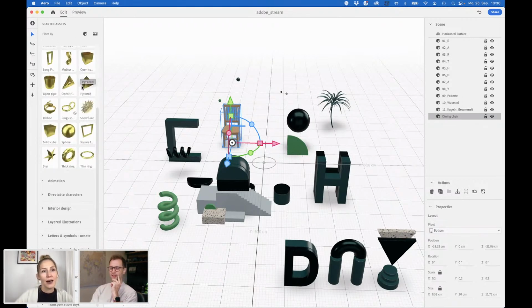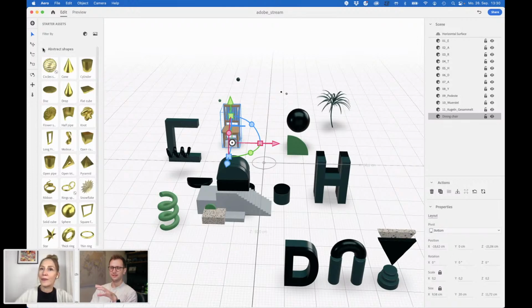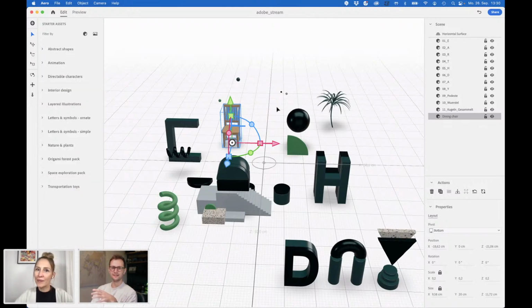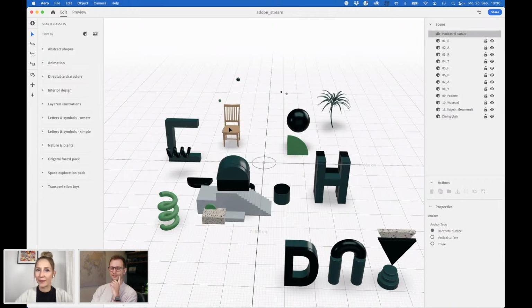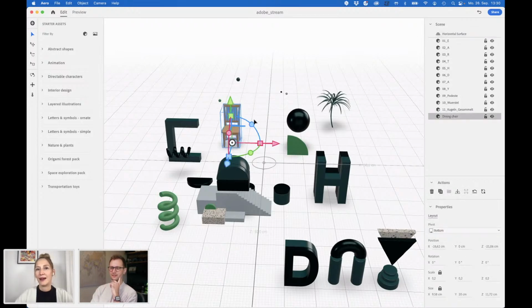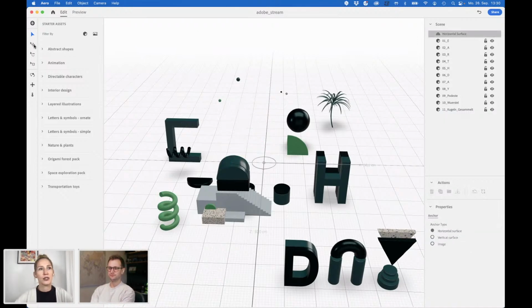I imagine as well there are communities of designers who create assets that you can get. It makes sense. If you're a designer yourself, you want to show your own designs within the 3D or augmented reality environment. So in my case, if I want to add some illustration of mine, I will delete the chair.